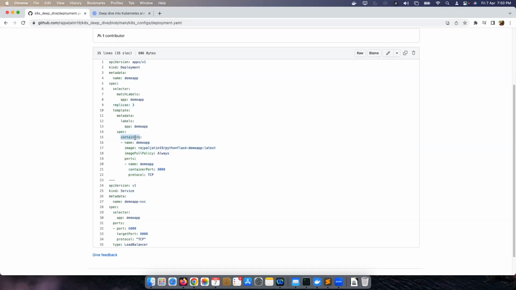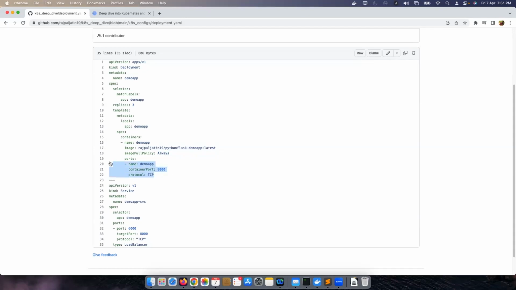You're going to have details applied to containers. What is the name of your application? What is the name of your container? Then what is the image that you want to use? This image you've already pushed in the previous step. So you're just giving a reference that, okay, Kubernetes, take this image from this Docker Hub repository and use it. And the image pull policy, always, means every time we run it, it pulls the image. If you don't use always here, it is going to cache it and use the outdated image, if at all you are pushing updates to your image.